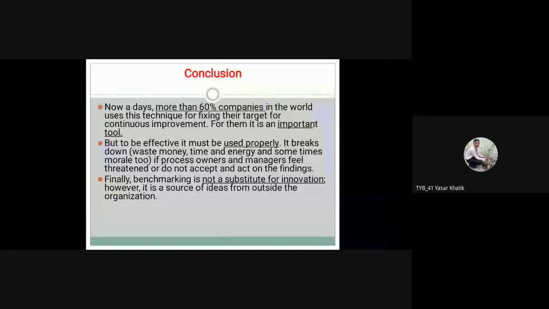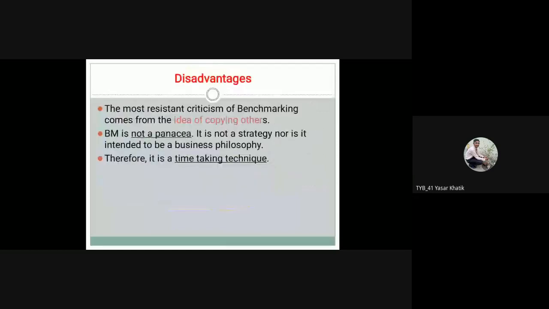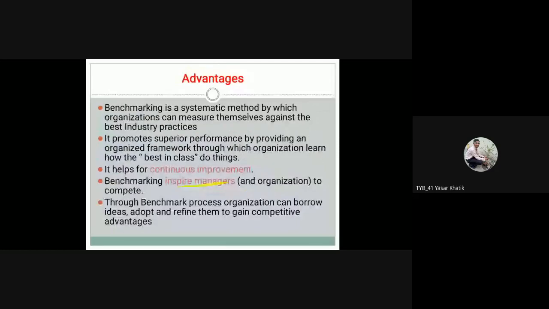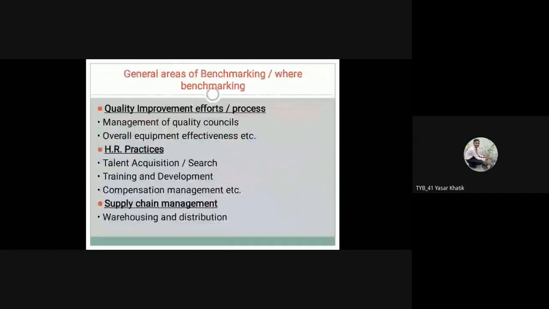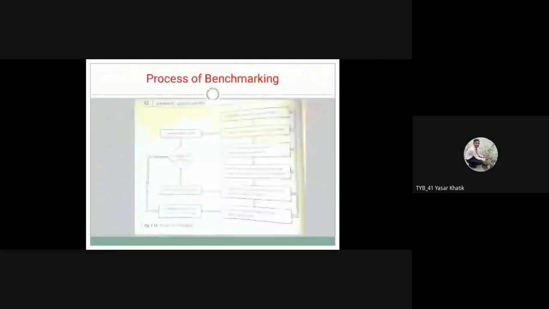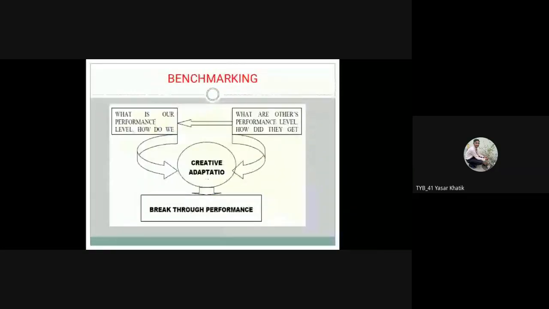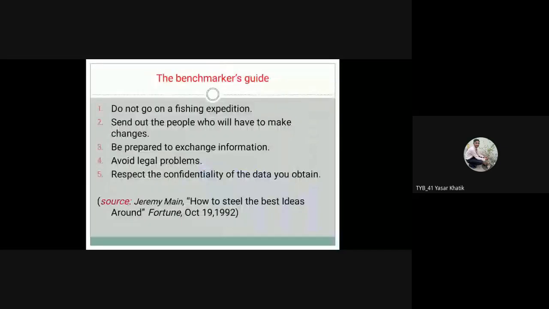So already we have discussed the definition of benchmarking, then uses of benchmarking, some steps in benchmarking, importance of benchmarking, then some processes, some areas where we can easily use benchmarking, and some major guidance on how to use benchmarking. Okay, so